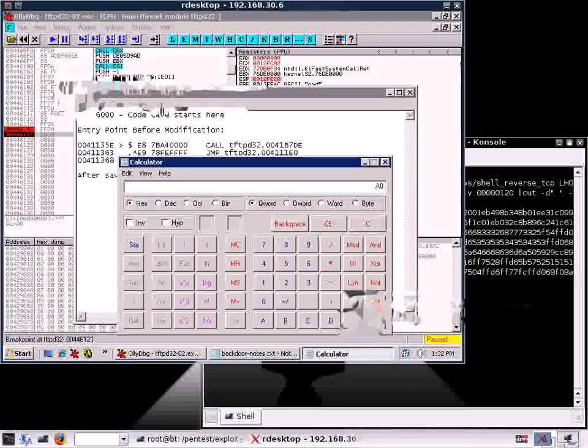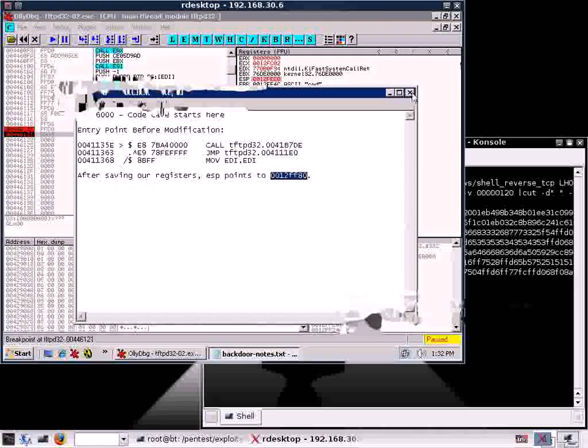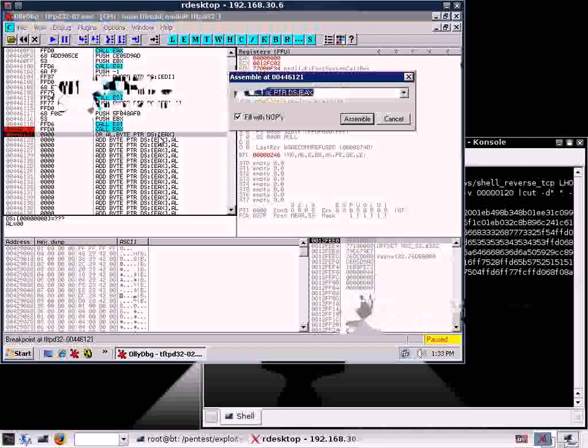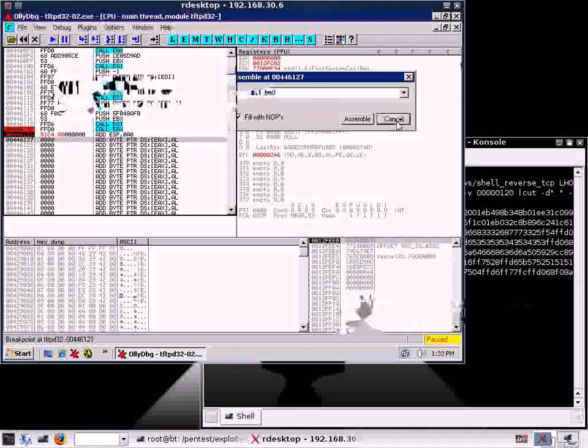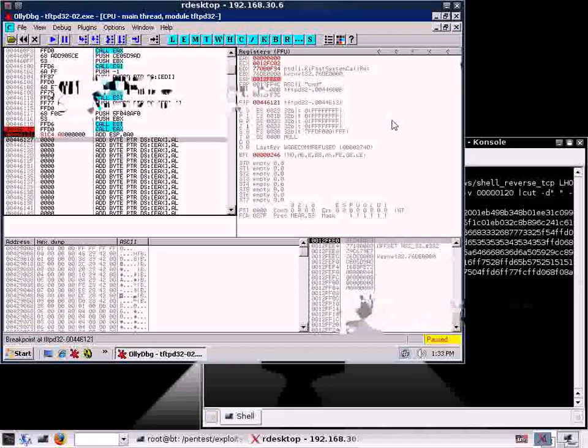So we need to add A0 to ESP at its current address in order for it to be aligned with its original address. So let's add this instruction at the end of our shellcode. Let's execute this instruction and see if we've aligned ourselves correctly. I'll press F7